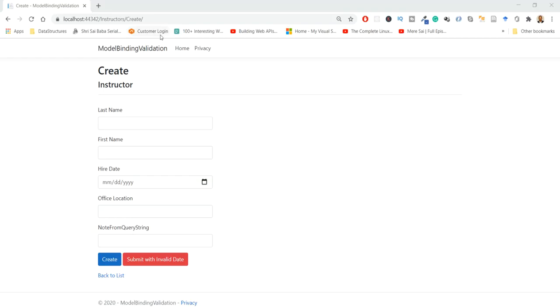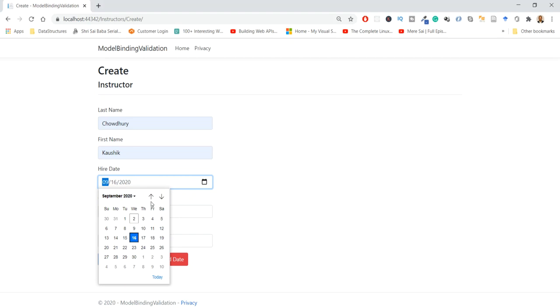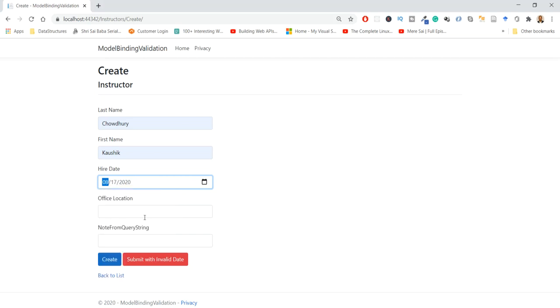Again, to see this in action, we will comment this out similarly and I'll run the application. Now the application is running and I have browsed to instructors/create. Let's put some arbitrary form values and a hire date, say 16/9/2020. This is an arbitrary value; we are not supposed to go to a time in the future anyway.